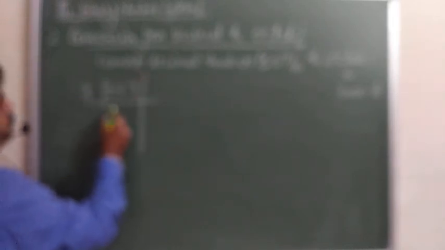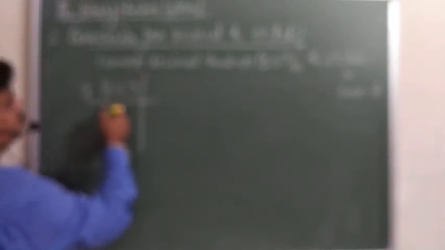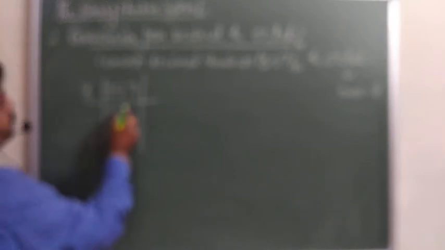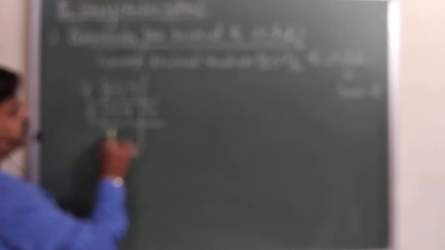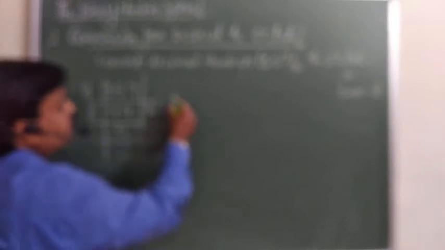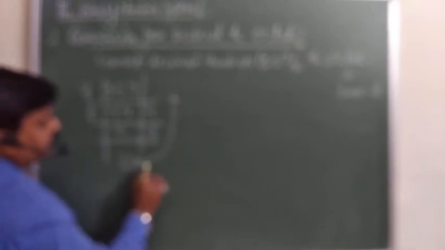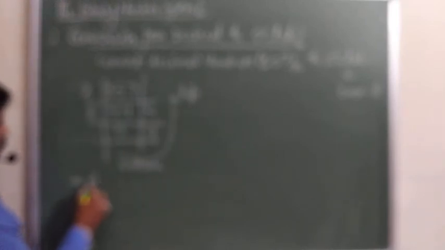So 32, 44. So your remainder is 5. Now again you have to divide by 8, 40, 5. So your remainder is 4. Now this 5 is not divisible by this one only. So same method is there. Now you have to write the bottom to top. You must go bottom to top. So your octal will be equal to this number 5, 4, 5. And this is your octal form.